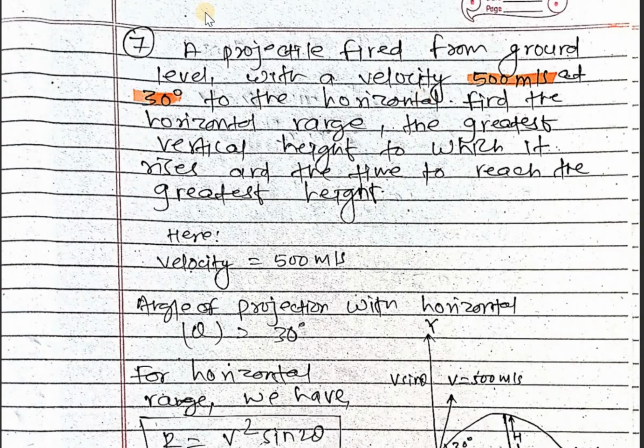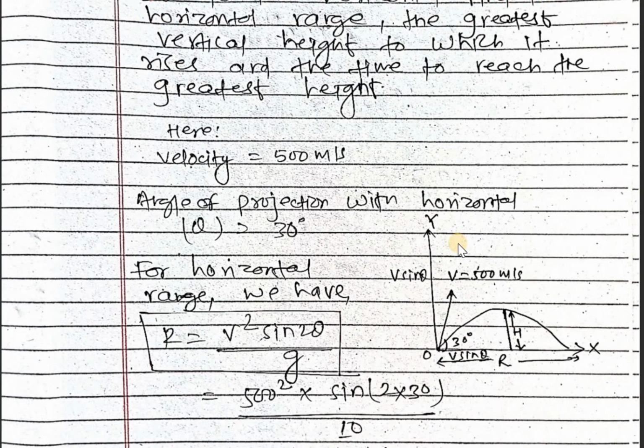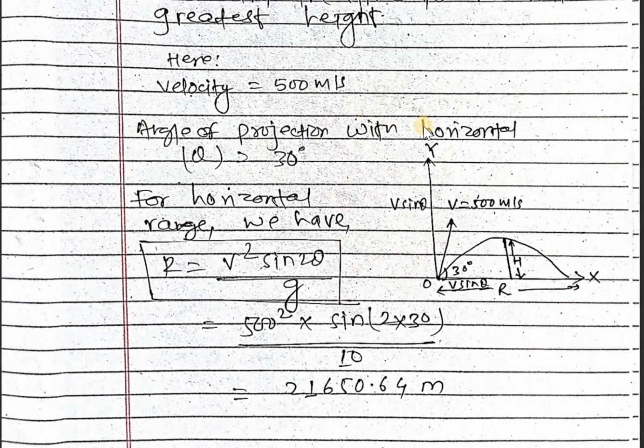And the next problem is a projectile fired from a ground level with a velocity 500 meter per second at a 30 degree to the horizontal. Find the horizontal range, the greatest vertical height to which it rises, and the time to reach the greatest height. Velocity 500 meter per second, angle of projection with horizontal theta 30 degree, and this is the figure of projectile fired from the ground. For horizontal range, we have R equal to v square sin 2 theta upon g. So put the value of v, theta and g, we can get the horizontal range is